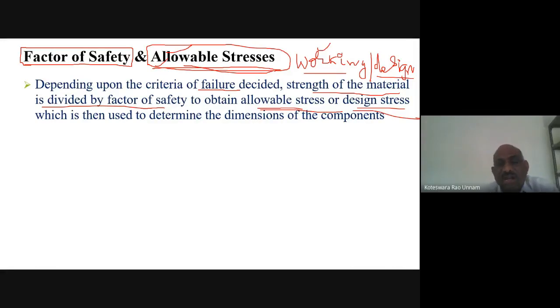Therefore, we always need to design any component such that the individual stresses are less than the allowable stresses. To compute the allowable stress, as I already told you, it is the strength of the material divided by the factor of safety. Again, different criteria are there for different materials. If you have a ductile material, the strength we are considering for the failure is,